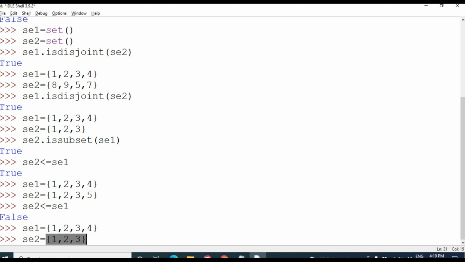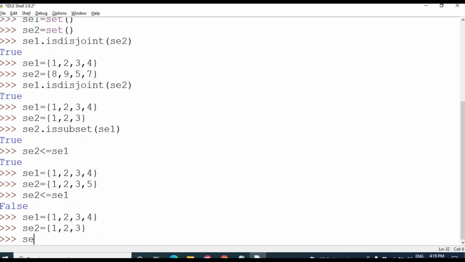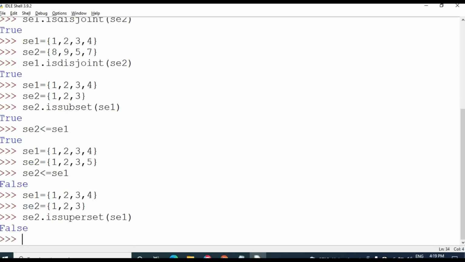Set 2 is superset of set 1. False. Because all the set 1 elements should be present in set 2.